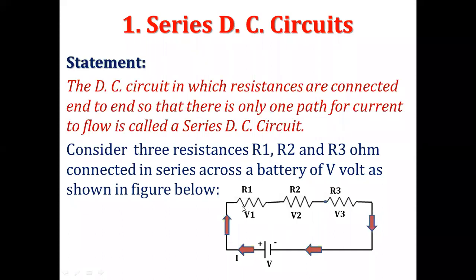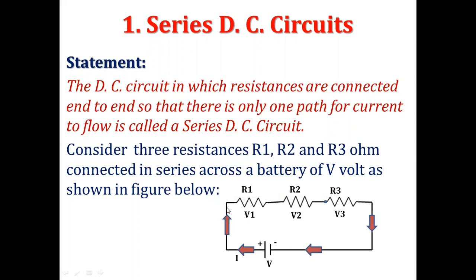Here the resistance R1 is there. Whatever current is produced by the supply voltage will start to flow from the positive terminal of the supply, from the battery, and it reaches R1. The voltage drop across R1, I into R1, we are going to consider as V1 here. So I R1 is V1.